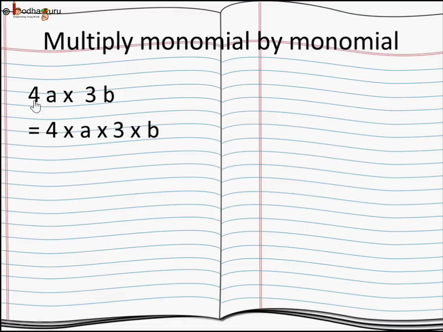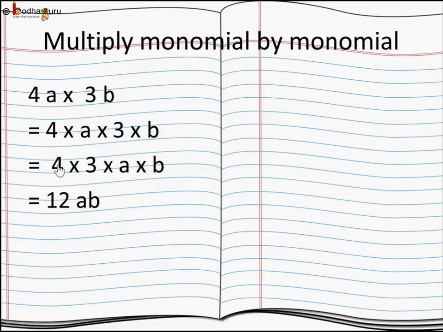We write 4a as 4 into a. 4a into 3b is nothing but 4 into a into 3 into b. So the first step is break down this expression into product of different factors, 4 into a into 3 into b. Now take the constants together, because using the commutative law we can actually rearrange any of these because it's entire multiplication sign. A into b is same as b into a. So we take 3 here and a moves to the next place, so it becomes 4 into 3 into a into b. So constants are together so that we can multiply them easily, and variables a and b are together.